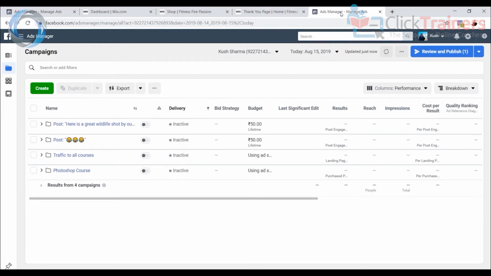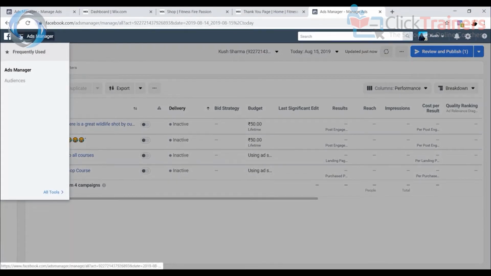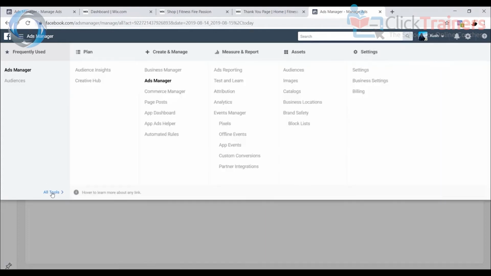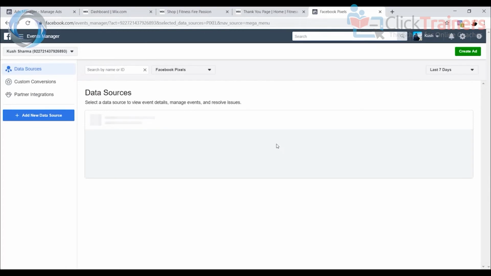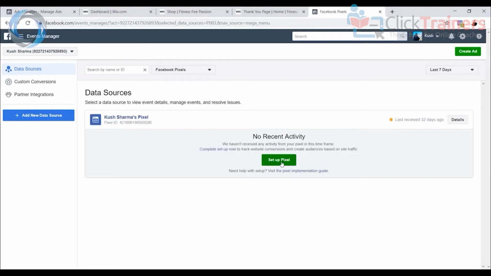Now is the time to access our Facebook pixel, the code that we were talking about. So this is how your Facebook ads dashboard looks, where you see all your campaigns. So like I said before, you can access this by going to this menu here, clicking on Ads Manager. Now, if you just go down here, you will see All Tools. And if you just hover your mouse over it, a big menu opens up. And in this menu, under Measure and Report, you'll find an option that says Pixels. So you have to select this option, just click on it, and it'll give you an option which says Set up Pixel. So if you just click on this,